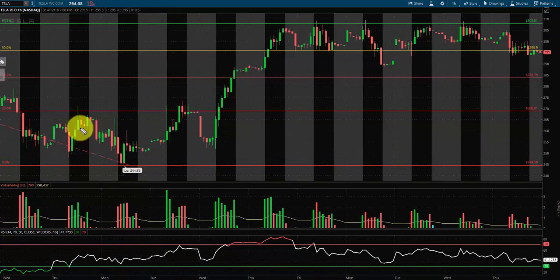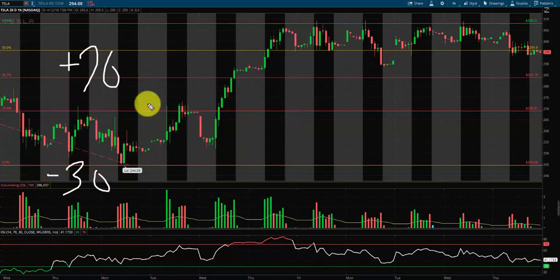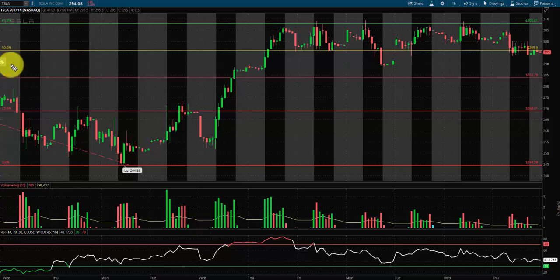Now, keep in mind, guys, the oversold reading on the RSI is, overbought. I misspoke. The overbought reading is plus 70. Anything with an RSI value over 70 shows that it's overbought. Oversold is minus 30, and obviously the middle level is 50. That's about even. And you can see right here, it turns red when it surpasses 70, showing that it's overbought. So in this case, Tesla was actually overbought